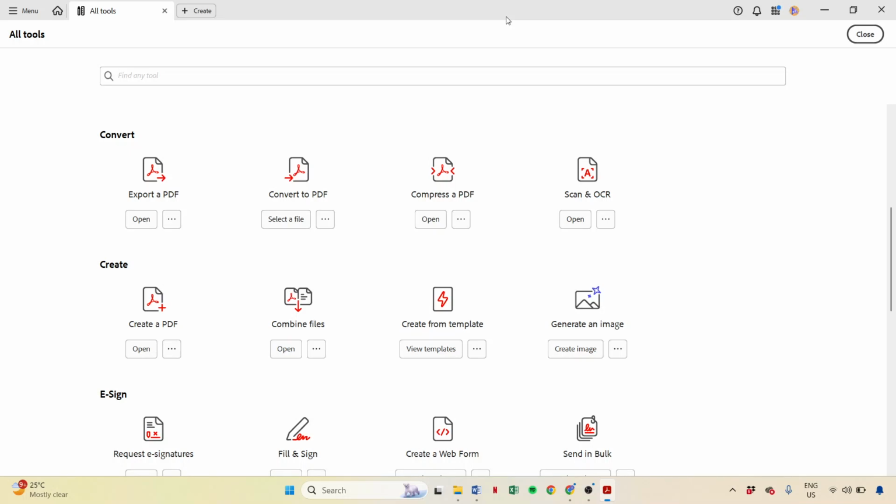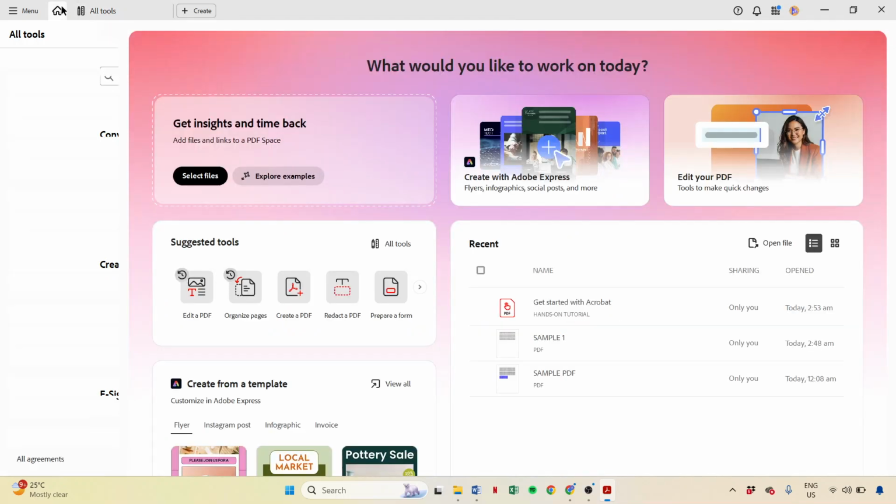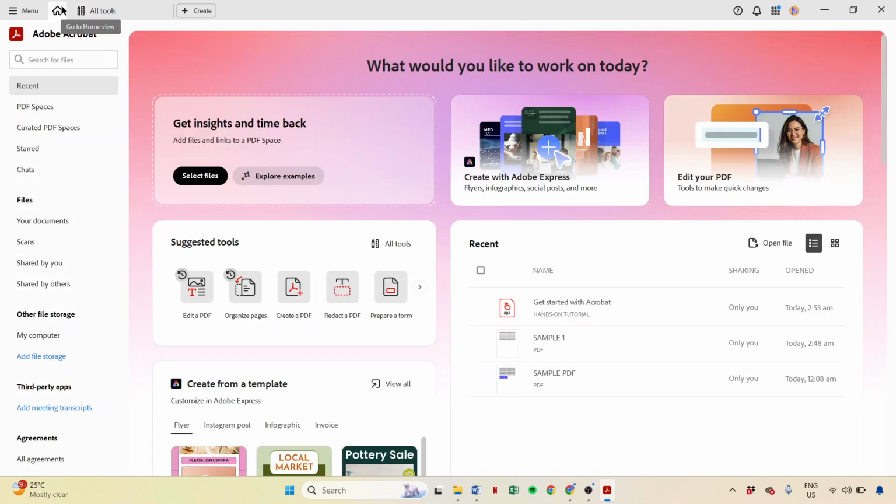In today's video, I'm going to teach you how to merge JPEG images into a single PDF using Acrobat Pro. If you've ever found yourself with a collection of JPEG images that you'd like to consolidate into one tidy PDF document, you're in the right place. Acrobat Pro is a powerful tool that can handle this task with ease, and I'll guide you through each step